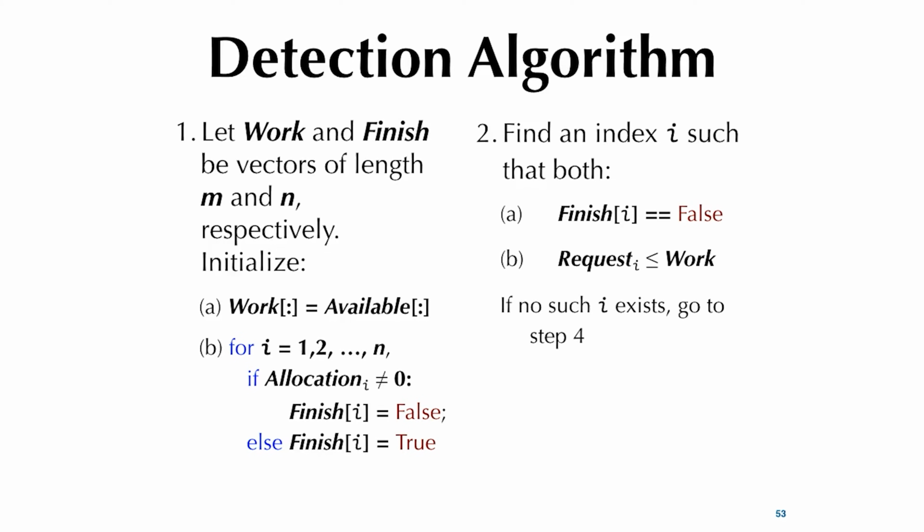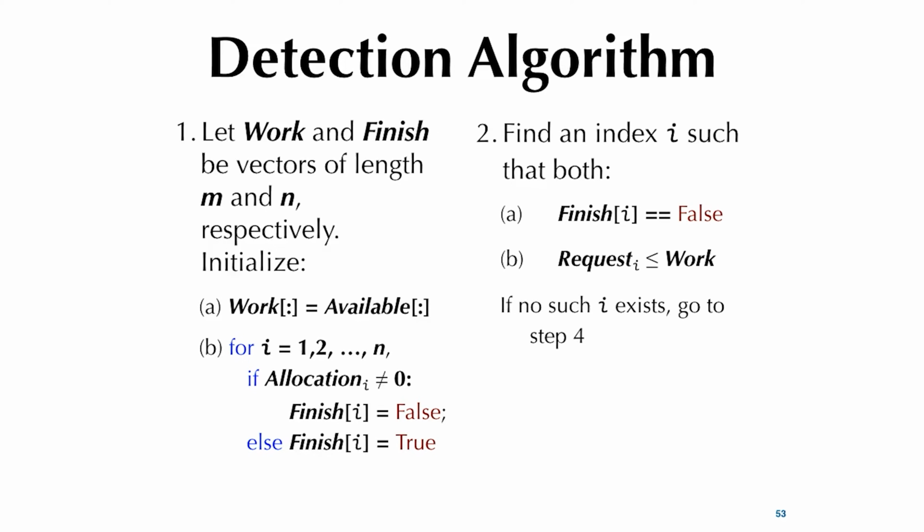So that's why people think, well, that's way too conservative. That's why real OSs just say, go ahead and do it, and then we periodically do detection. Detection is run on the order of maybe once every couple minutes, maybe tens of minutes or so, possibly. And as with all the other previous algorithms, there's the single instance resource problem versus the multiple instances per resource type problem. So this is where we were.